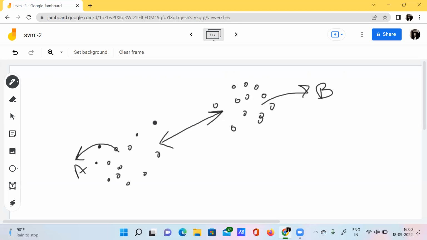This gap is separating the two categories, right? So we need not create any manual hyperplane here. The data itself has a natural hyperplane.